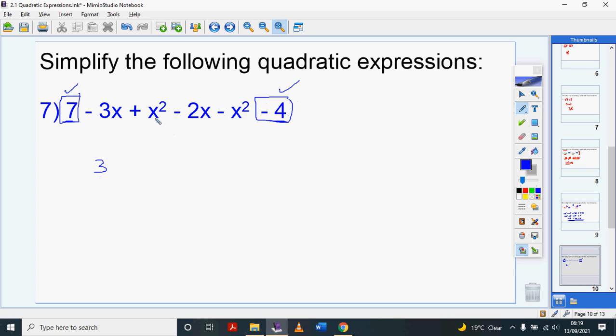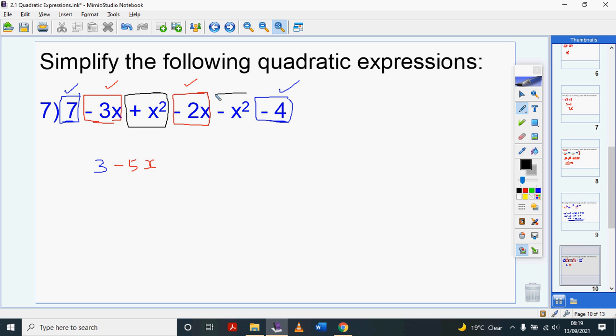Now, moving on to the next ones that I haven't yet taken care of, you can say, this is a negative 3, right? Negative 3x, so negative 3 goats, and negative 2x, they are like terms. Negative 3x, if I add it to negative 2x, I'm going to get negative 5x. Then you would say I've also taken care of those two. And then finally you'd be left with positive x squared